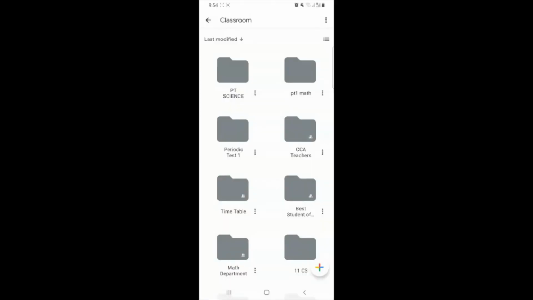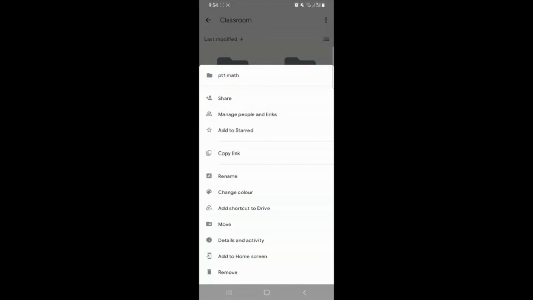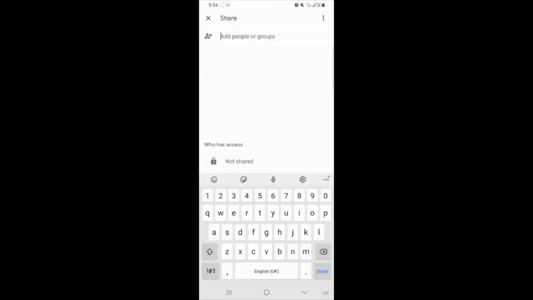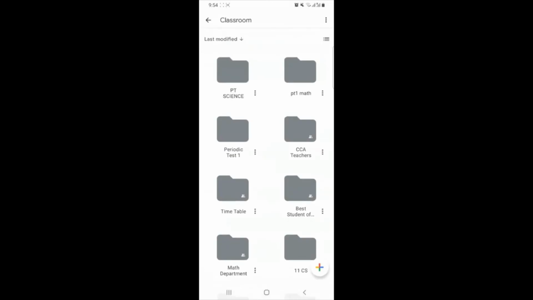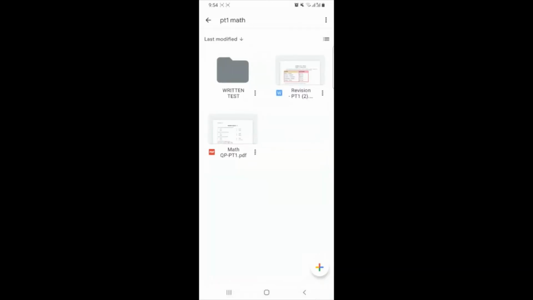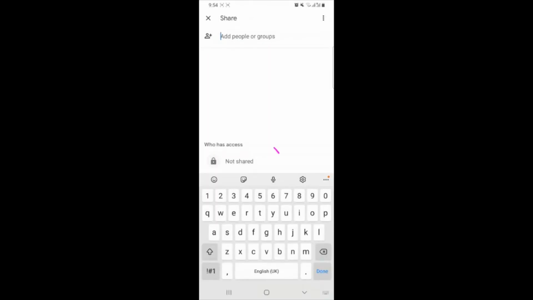You can see I'm clicking the 3 dots, and the share button comes. You can see it was not shared. Actually I removed that folder's permissions. Now you can see this is the next folder. That was the class folder. This was the folder created for the written exam. So I will click the 3 dots, again share. Make sure that no one is viewing or editing your file. So check and then remove them.